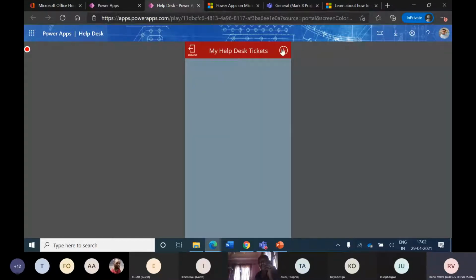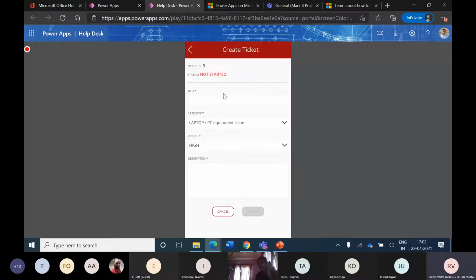So in the beginning we are seeing a blank screen. Clicking on this plus sign takes us to a create ticket screen where I am required to put in a title. I am typing a title, say printer not working, which is under the category laptop PCs. Right now we don't have it because this is a preview.